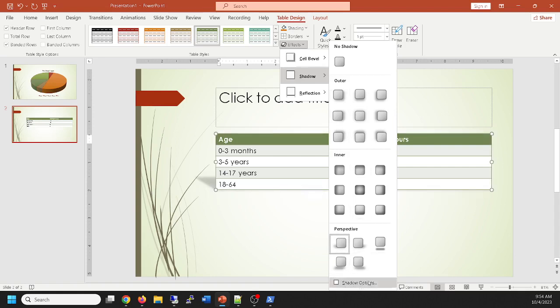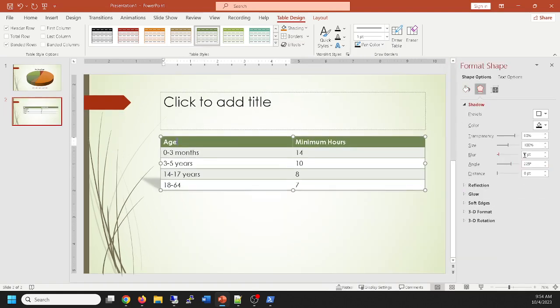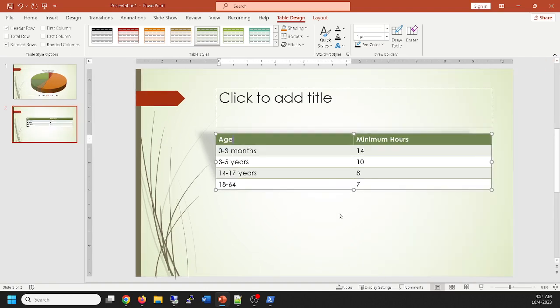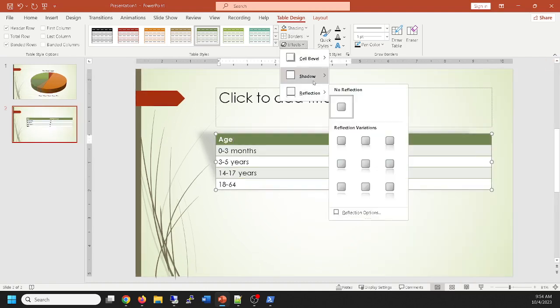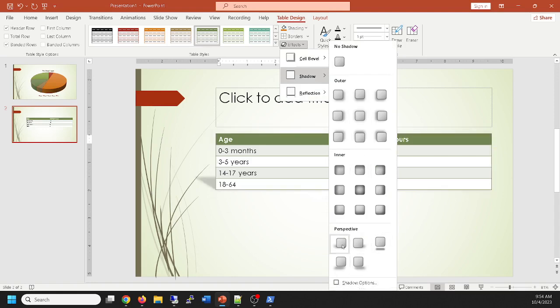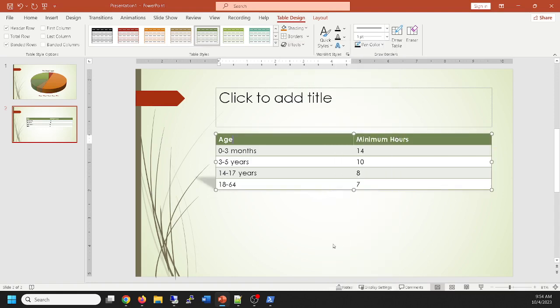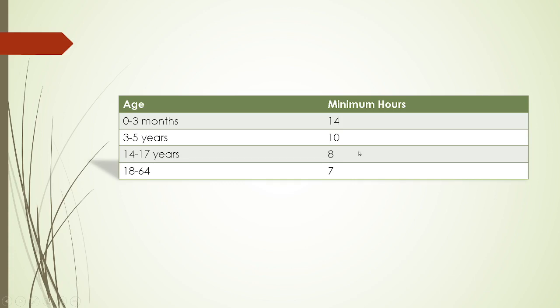And remember, if you want to go advanced and have complete control over your shadow, you can go to shadow options, and up pops this. You can adjust how large a shadow and the angle of it, how much it blurs. You have lots of control over your shadow in the options. But you can use the built-in effect or go to the full option. So we're going to use the preset perspective. Choose a style, choose a shadow, and although we see underlines, if I show this slide, it doesn't show borders